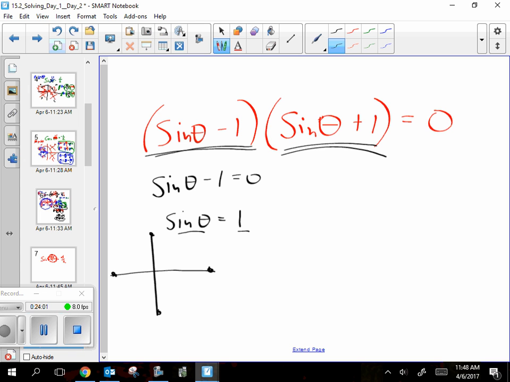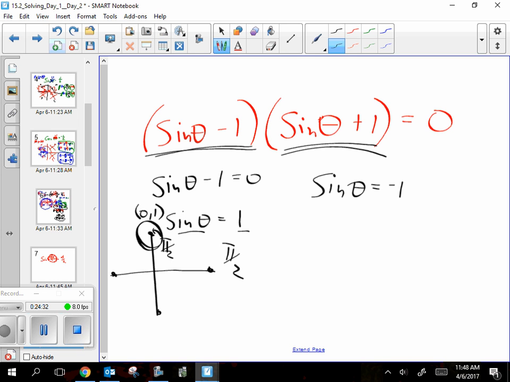This one here? All right. And what is that spot? What's the angle? That's not 0. If you're up here, this is the spot 0, 1, and that's the y is 1, and that's pi over 2. Pi over 2 is right there. So the answer to this part is pi over 2. How about this other part? Sine theta equals -1. Again, you can draw pictures for these, and sometimes you'll just get one answer, but imagine